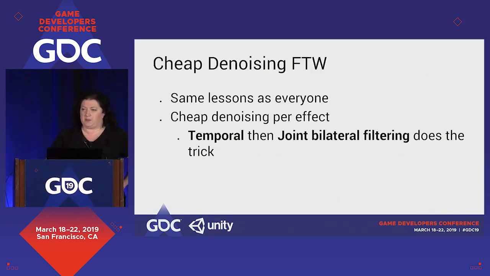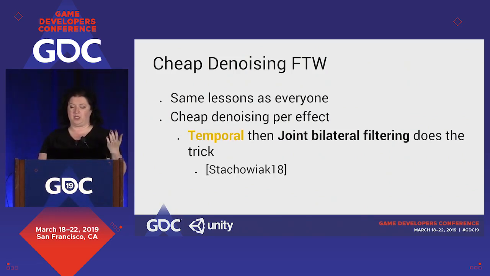And so with respect to denoising, like I mentioned, we have to do it per effect, so we went with a very inexpensive approach that gives us good quality. The way that we are approaching that is we do it in temporal, and then we use a joint bilateral filtering. With regards to temporal, just to clarify, it's not a TAA filter, very similar to the approach that Tomasz Takoviec described in last year's Digital Dragons presentation. It's only inspired by TAA.